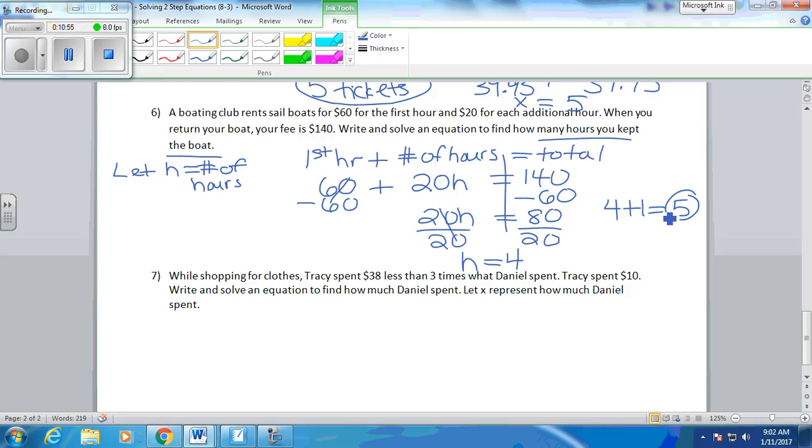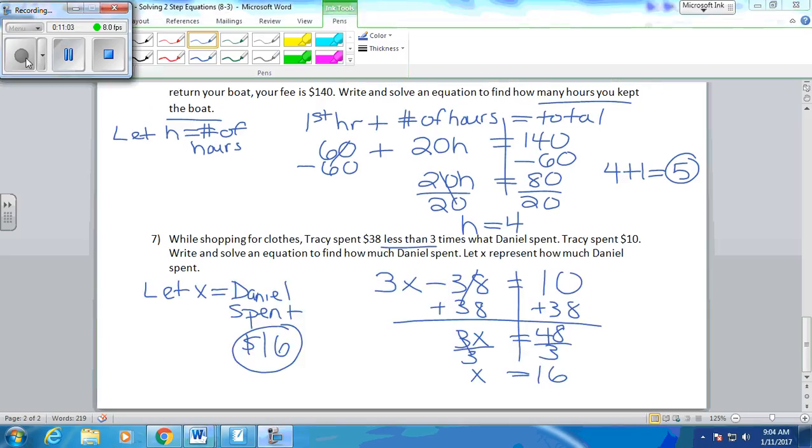Okay? Go ahead, read number 7, but be very careful here. It does have that phrase less than in there. Okay, so they're saying that Tracy spent 38 less than 3 times what Daniel spent, and Tracy spent $10. So X represents what Daniel spent, so I don't know that. So when I read this statement again, it says 38 less than 3 times what Daniel spent. If what Daniel spent was X, there's my expression right there. 3 times X minus 38, then equal to what Tracy spent, which is the $10. Work that through, and I get